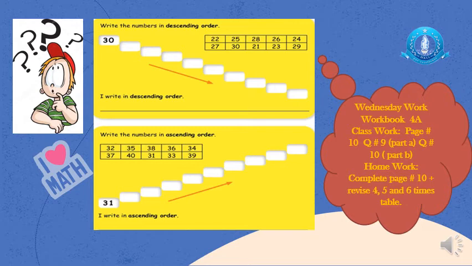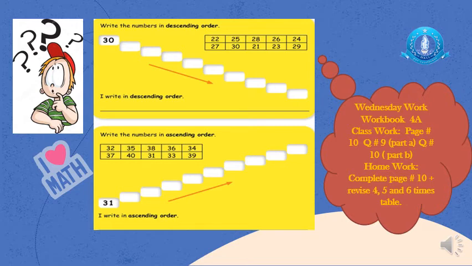So you will arrange the numbers in the form of descending order. You will compare the numbers. Decreasing means first what will come? Biggest number. Then second number will be big number, but it should be smaller than the first number. So in this way you will arrange the orders, and in homework you will complete the page number 10. A part you will do as classwork. There are 3 parts, so 2 parts you will do as homework.